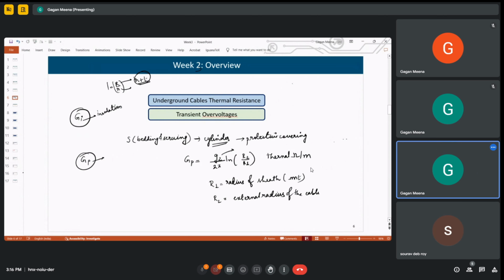Then above this we have the soil, right? Because it is an underground cable, the cable is underground. So above the protective covering, we have the soil around it. The soil itself also has resistance, which is given by G3, same formula, but ln 2H by R2, where R2 is the external radius